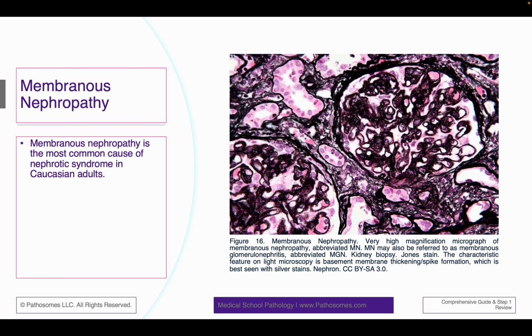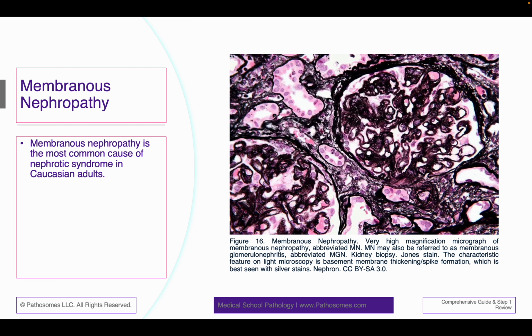Now here's another entity that you must know about. Membranous nephropathy. Membranous nephropathy is the most common cause of nephrotic syndrome in Caucasian adults, right? And I reiterate that because on questions, they like to get at the nuances between the commonalities or what's more prevalent. For instance,